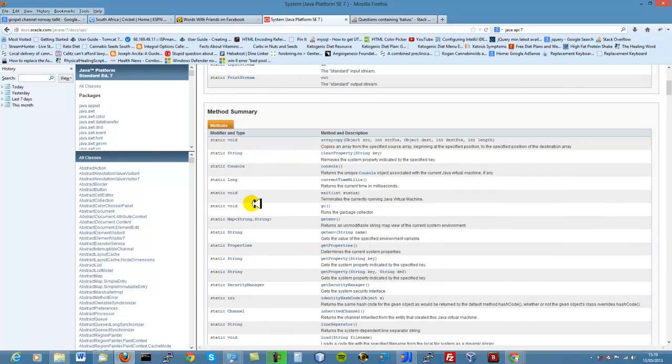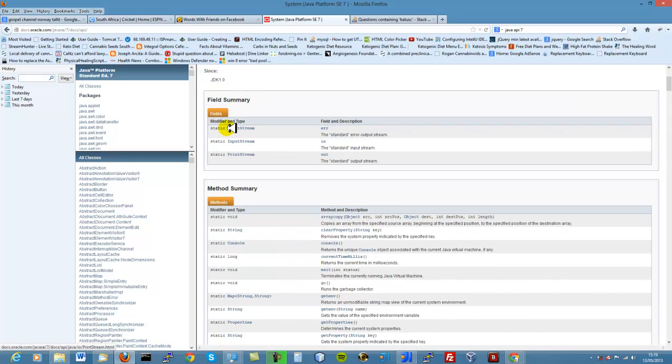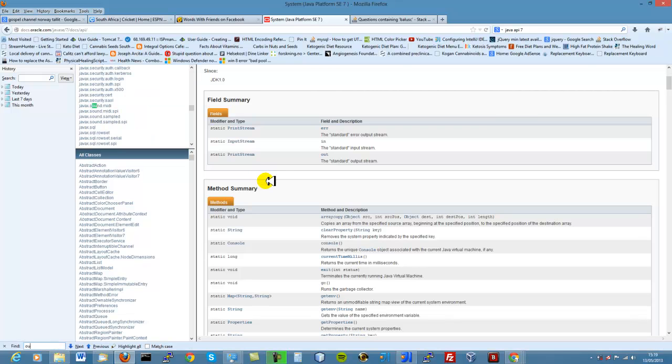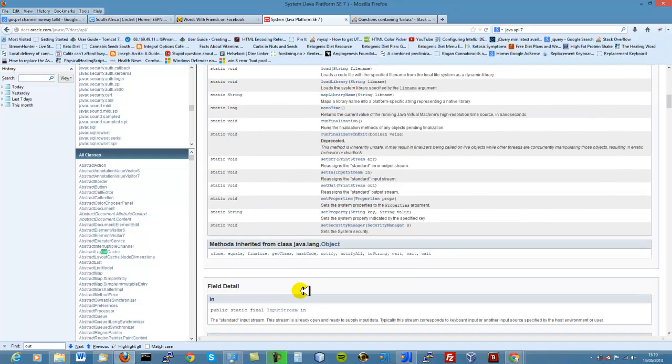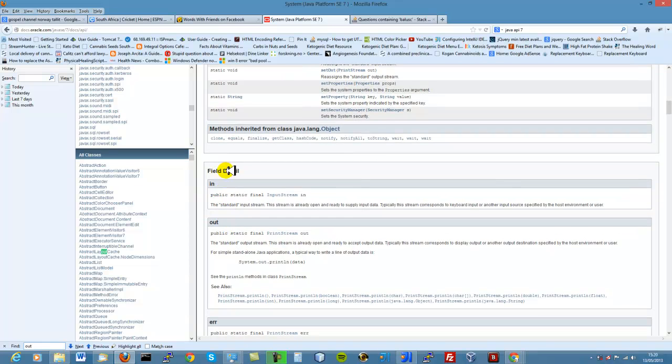You should find the out variable, or field. Get a list of fields here, and you see we have the out variable here, and using the out variable,